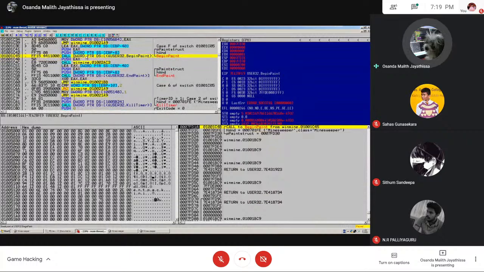So if we follow, I'm not going to take that much time about the reverse engineering process, because different people have different ways of approaching this. So sometimes it can be trial and error. Sometimes you might get lucky finding the exact place. So I'm just following blind, just backtracing how I can find the memory region where the map is mined. So if we start from the Begin Paint API,